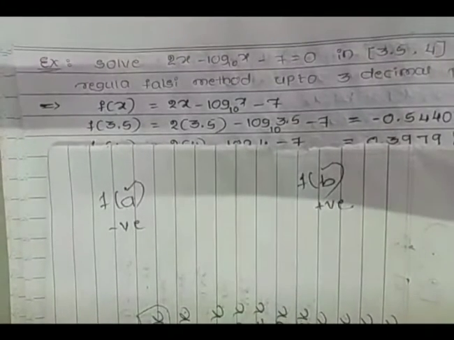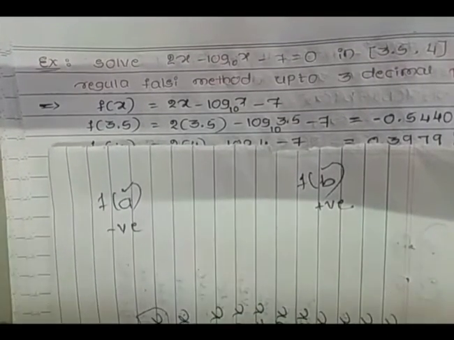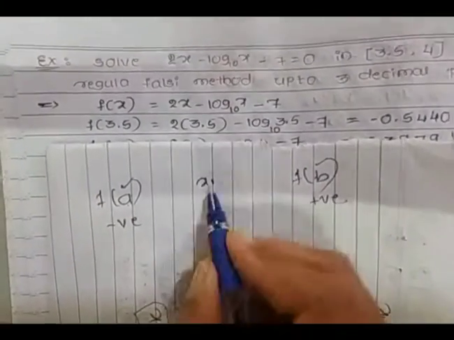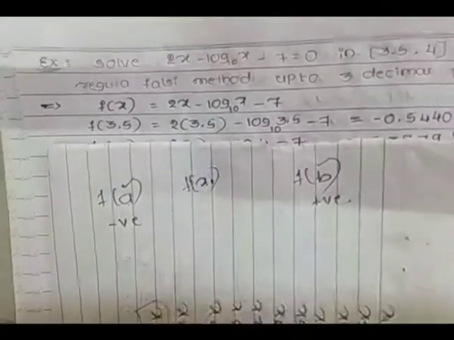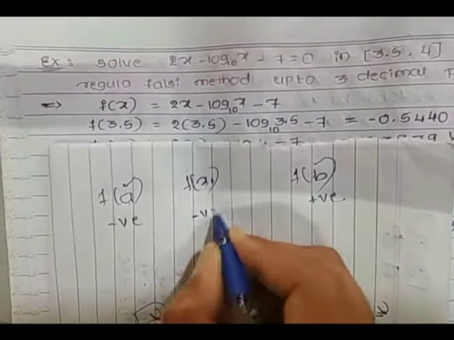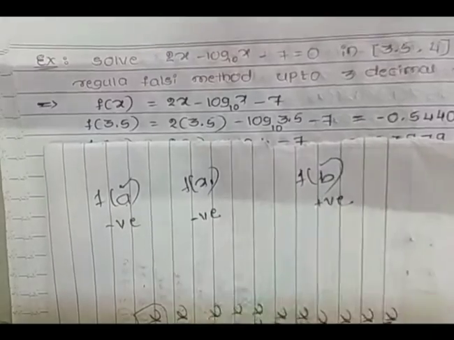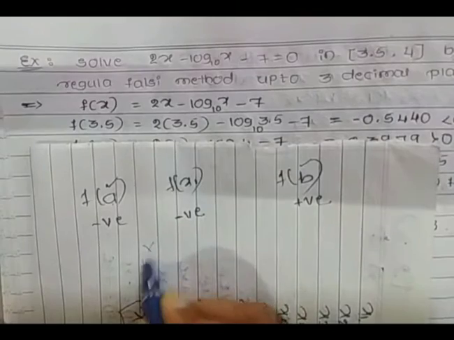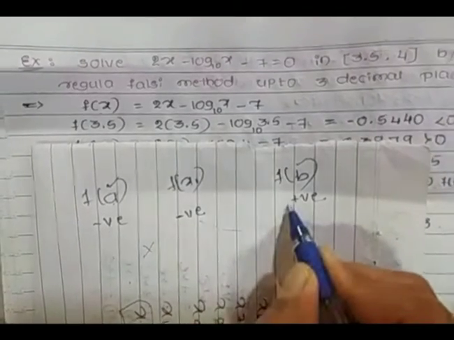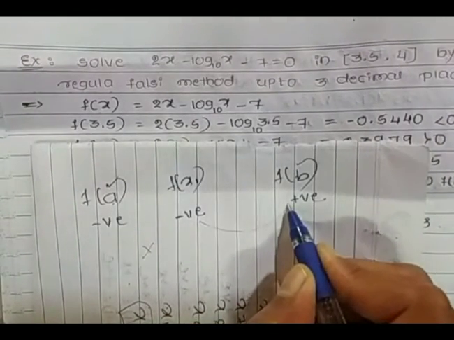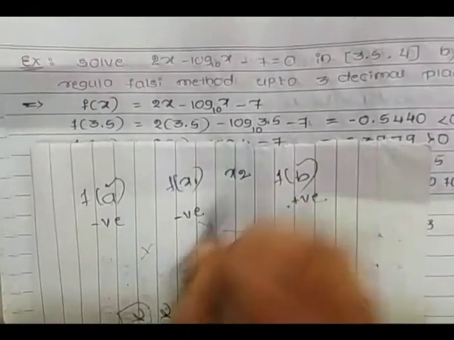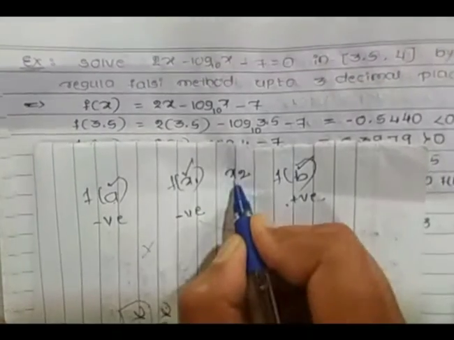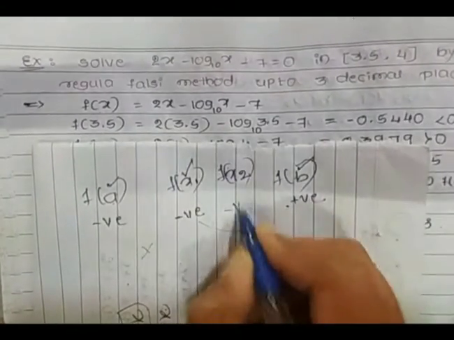First example when starting, we took root lies between A and B. So using A and B we calculated x1. For this x1, what was our f of x1? F of x1 is giving us negative. So to calculate next further x2 approximation, negative negative we cannot consider. So go for negative and positive. Therefore, to calculate x2, root lies between x1 and b, and this f of x2 gives us negative value.